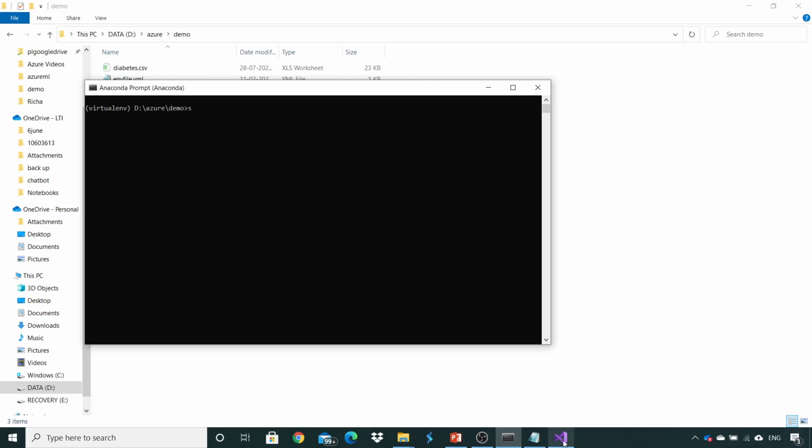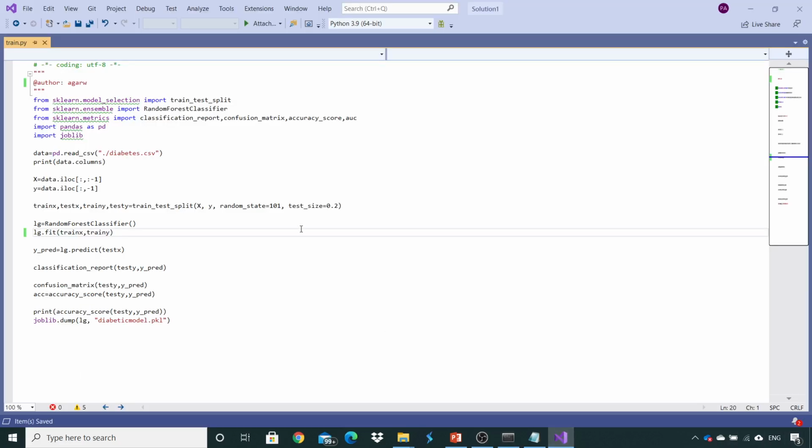So here I have written a small piece of code to train a model. I have used the data set taken from Kaggle, the diabetes.csv, and I have trained the model using a random forest classifier. First I have imported all the libraries from sklearn, like train_test_split to split it, the random forest classifier, and metrics to calculate accuracy, AUC, the classification report, and since we are fetching a value